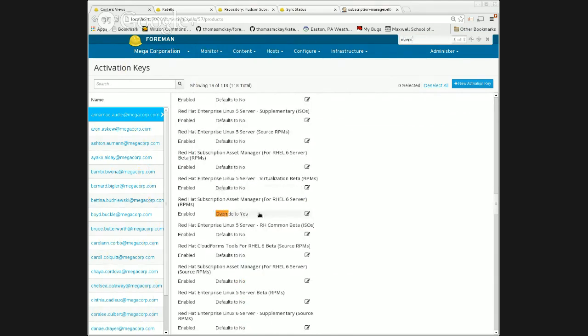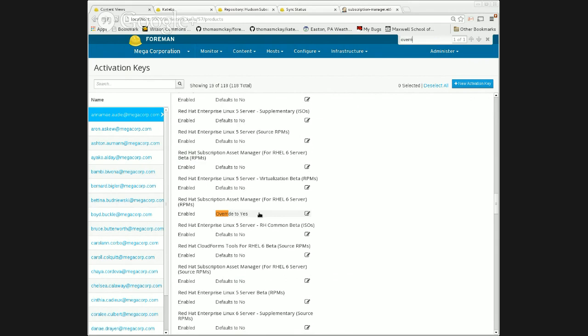Hey, Tom. Yeah. And that's just in the context of when using an activation key, it sounds like. That's right. So the way this works is that when you register a system with this activation key, you'll get those 2 subscriptions, the RHEL subscription and the custom product subscription. And when you do a yum repolist and then go look at the redhat.repo file or query it in any other way, you will see, in this case, that Red Hat Subscription Asset Manager for RHEL 6 Server